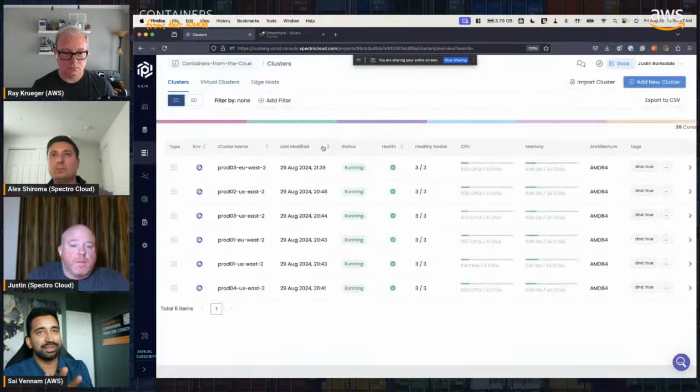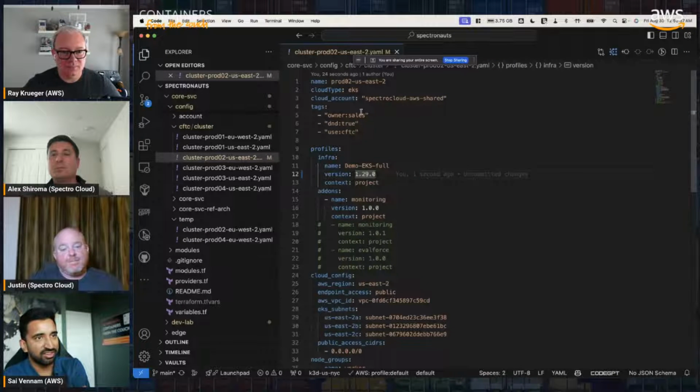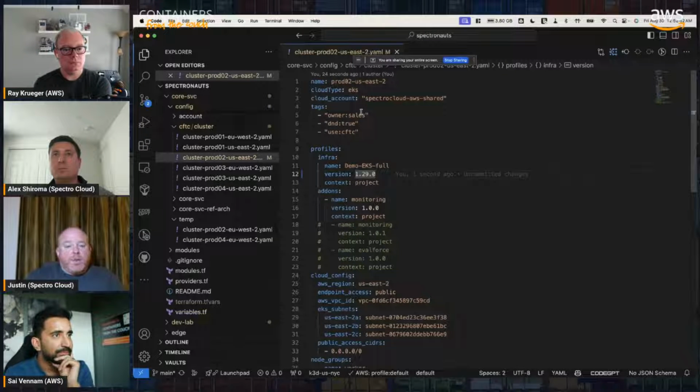Justin, I just want to point out, you showed something really cool there, which is upgrading clusters by just flipping one number here. And that's not going to just upgrade the cluster itself, but all of the resources that may or may not need to be changed, like the CSI drivers, CNI drivers, everything else. Correct. Is this doing this in place, or are you doing some magic behind the scenes, like blue-green type stuff? We're doing, so it's rolling.